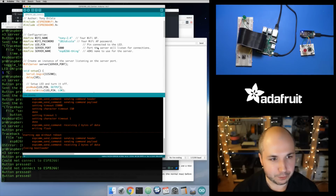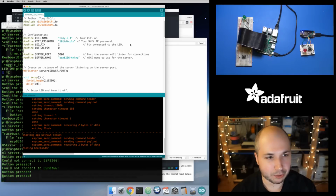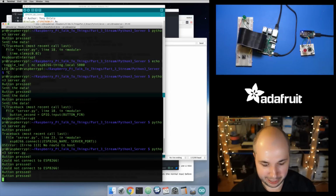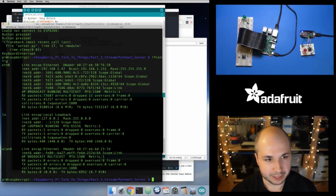So in here, let's add a few defines at the top. Let's define a button pin, because now I have a button connected to this, and my button is connected to pin 0. And then let's also define the IP address of my Raspberry Pi. So we'll say Pi address. And I've actually done ahead of time on my Pi, I've set it up with a static IP address. So when I run ifconfig, it has this